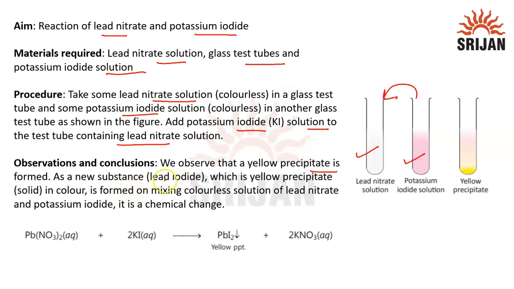That yellow colored precipitate is of lead iodide. So here we can say a new substance, lead iodide, which is a yellow precipitate in color, is formed on mixing the colorless solutions of lead nitrate and potassium iodide. So it is a chemical change, and we can see the reaction here is lead nitrate plus potassium iodide gives lead iodide, which is a yellow colored PPT,